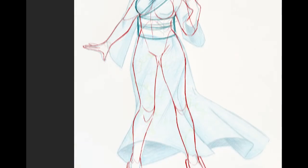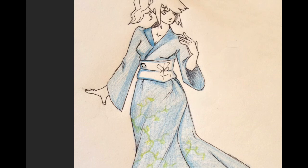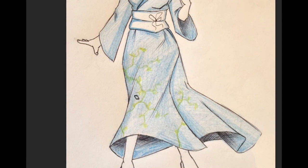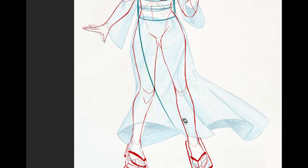One thing that totally threw me off when I first looked at this drawing is that the sash folds over here, and then it comes out over here, so that's where the other side is. All that creates this backwards leg look that I was confused about. If you want it to be flowing and open, which I don't, that makes me think it's supposed to be a dressing gown as opposed to a kimono, because a kimono is usually so tightly wrapped that it wouldn't be this open. But we're just going to go with it, maybe some hybrid thing or some other Asian outfit that I don't know about. You'd want this flap to come from this direction, since that's where you have it folded over, and then let's do